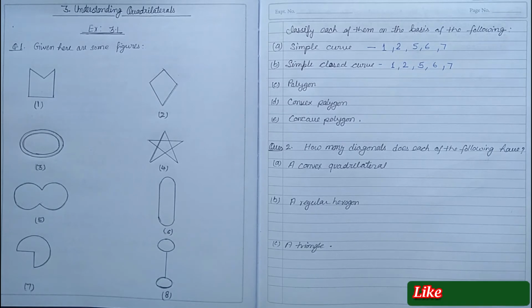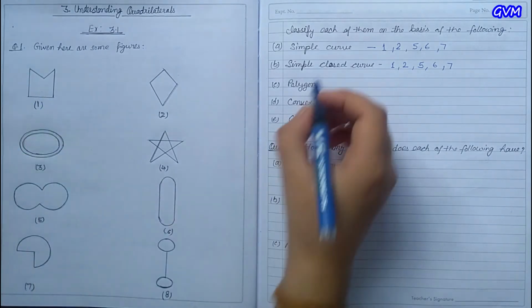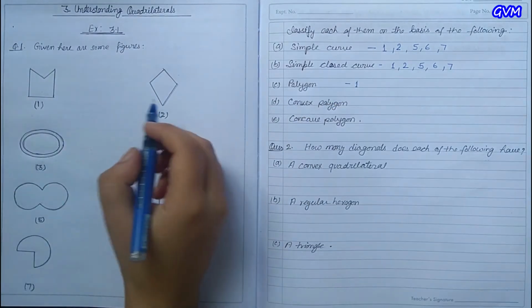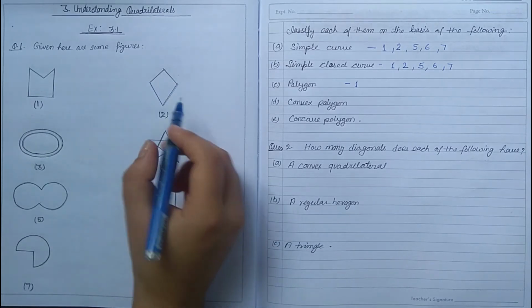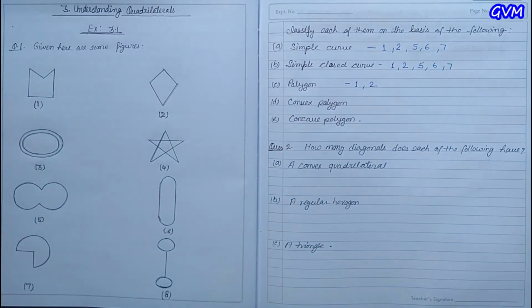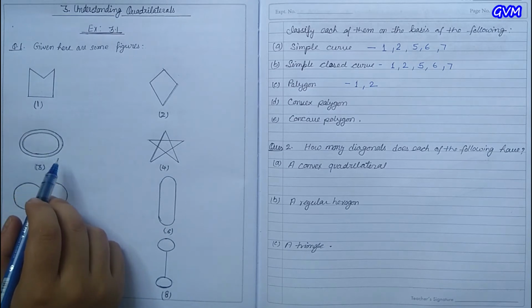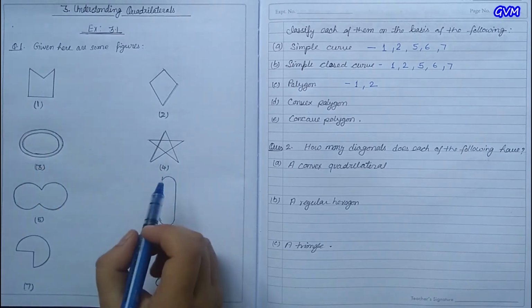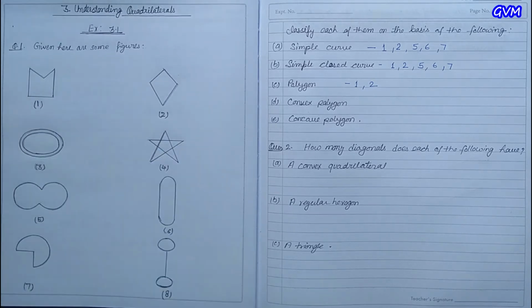Now, polygons are simple closed curves made of line segments. Okay, so this is a polygon. Yes, so the first one is a polygon. Second one is also a polygon. It is a closed curve also made with line segments. Third one is not a polygon because it is not made by line segments. It is just curved circles. And the fourth one is also a polygon, because it is made out of line segments.